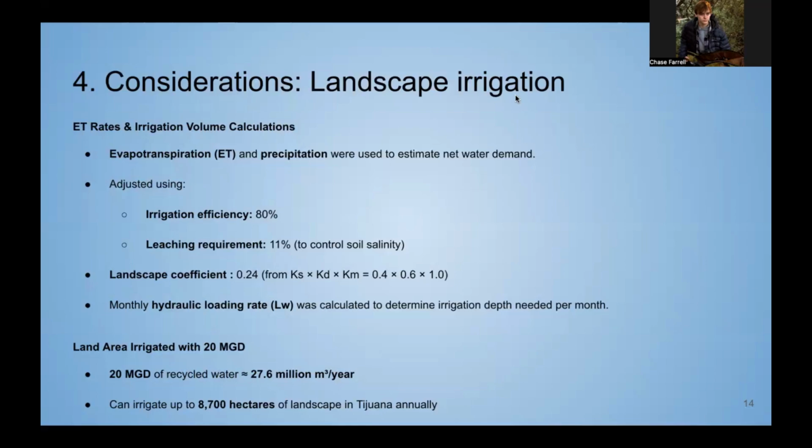So once we had all these adjustments, we calculated the monthly irrigation depth, which is also the hydraulic loading rate. We use a supply of 20 million gallons per day of recycled water, which comes out to about 27.6 million cubic meters per year. So we determined that this was around 87 hectares of landscape in Tijuana that could be